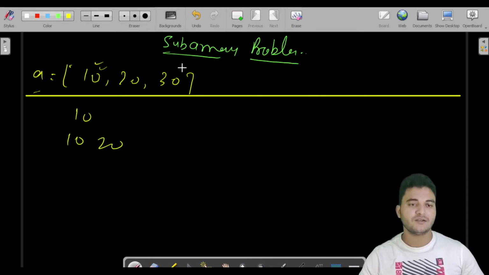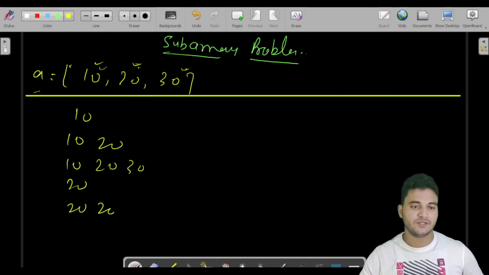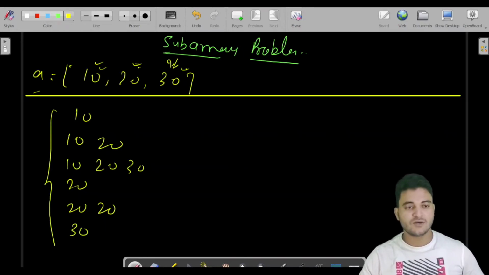Start from 10 till 30: 10, 20, 30. Fine, this is covered. Coming to this, start from 20 and go till 20. Start from 20, go till 30: 20, 30. And yes, this is done. Now start from 30 and go till 30: 30. So these are all the subarrays for this particular array.